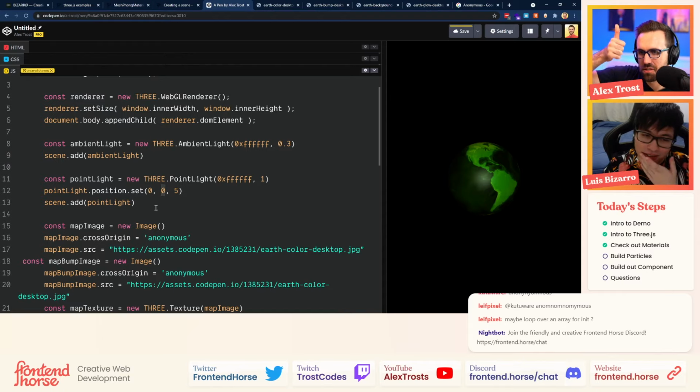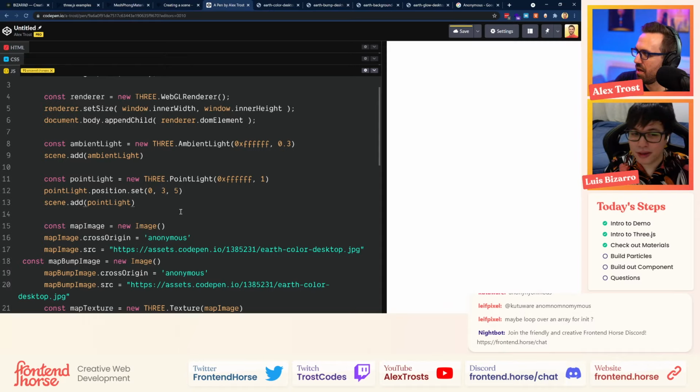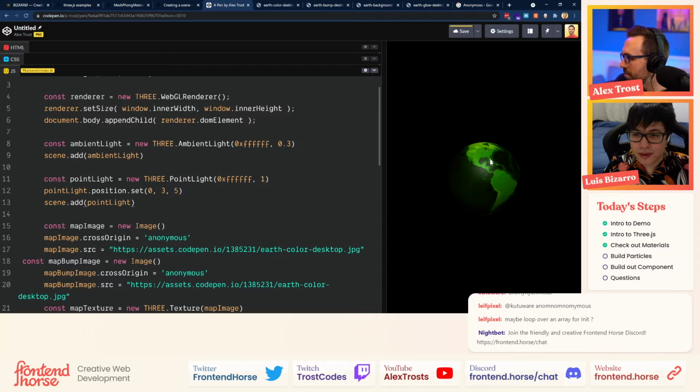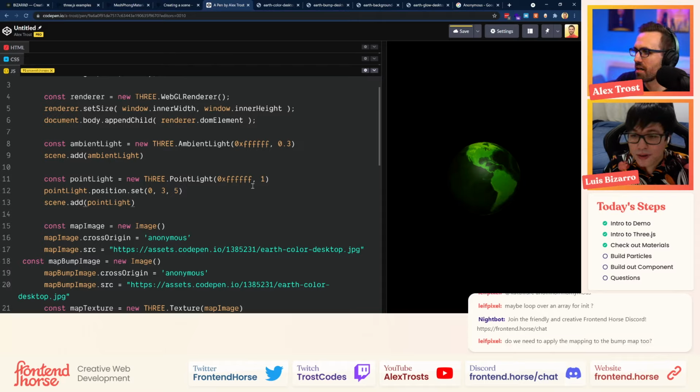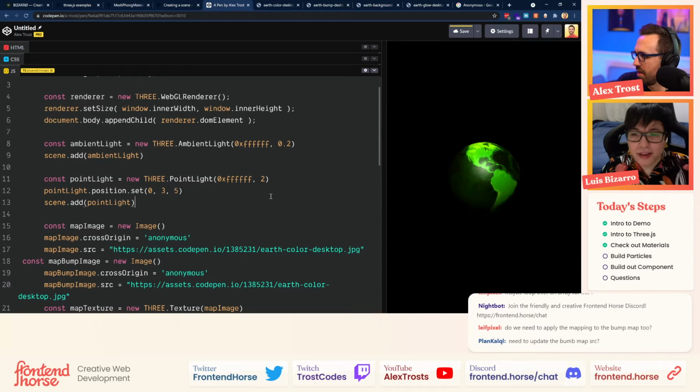It's the second argument, the Y. I think it is a positive number. All right, so it's up. I'm not sure if I can see. There might be some shadow there. I can't totally tell. This one is very light. This bump map is very subtle. It's not that visible, but there might be something happening there.